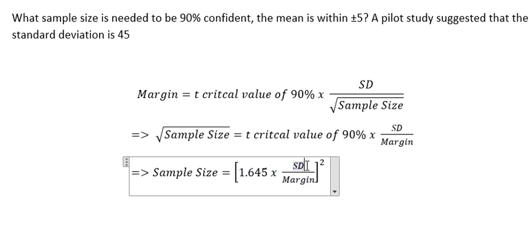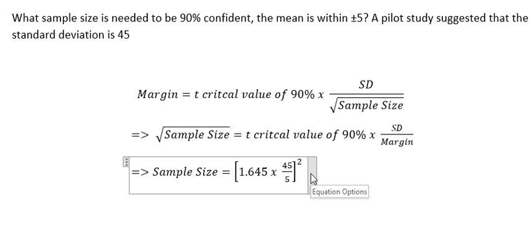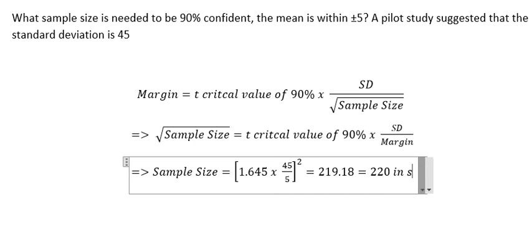So now we return to this one, we change to 1.645. Standard deviation we have 45, and the margin is this number. Now we can calculate the sample size here. It's about 219.18. We round up the number, so you get about 220 in sample size,